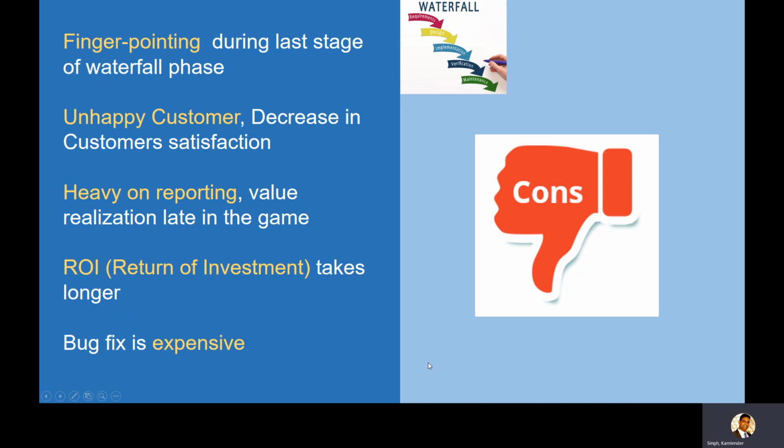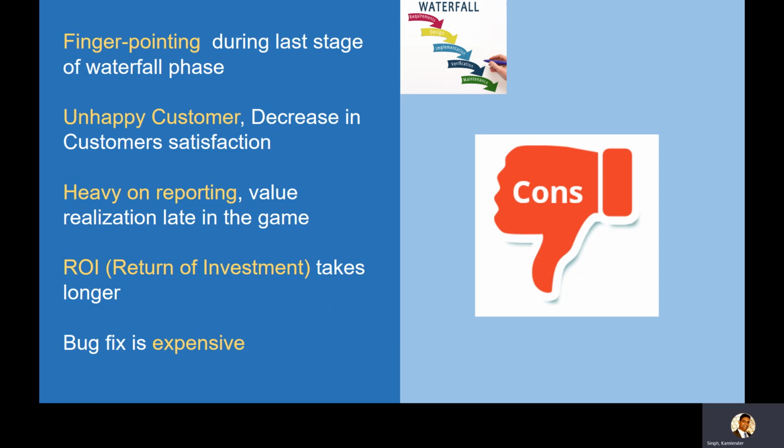When the software is ready, this is what it starts: finger pointing. Because of the communication gap. If you tell me something in the requirement phase and I tell something to a designer, and the designer tells something to the developer, and then the developer says something to QA, even if you pass a sentence, you say that in their ears, and they try to pass that after one day to everyone, the sentence will change.